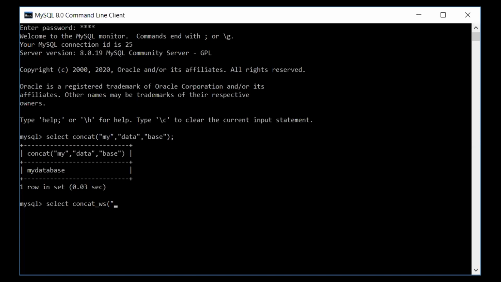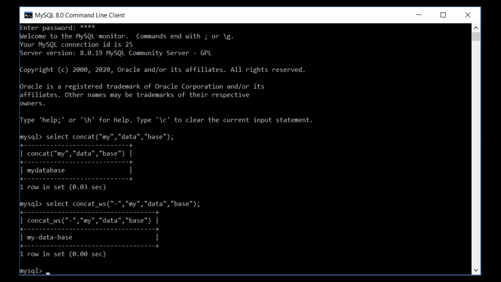I pass over here separator hyphen and then 3 expressions. So here 3 expressions are joined with hyphen.